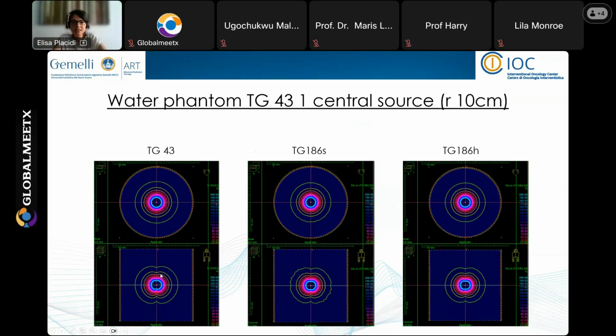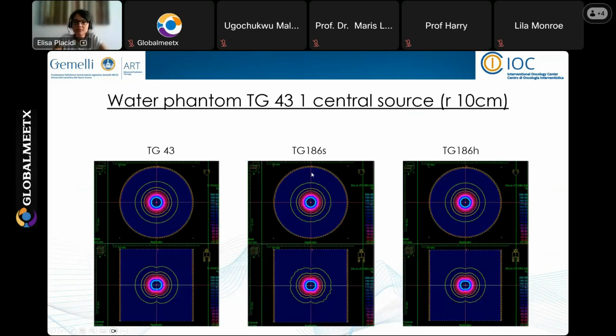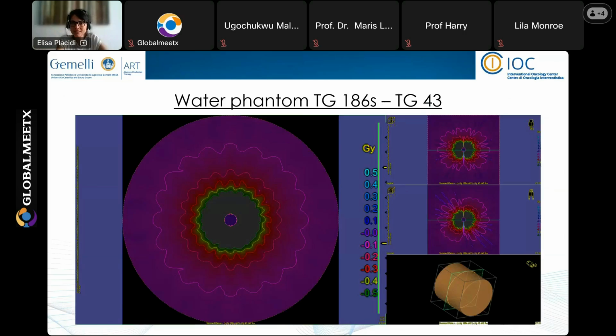And we can see that there, especially in the lower images, you can see some differences, especially with the green isodose. You can see some spikes. And if we subtract the second images, let's say, with the first, we can have this effect more evident. So if we subtract the 186 dose to the TG43, we actually see all these spikes, and these are actually